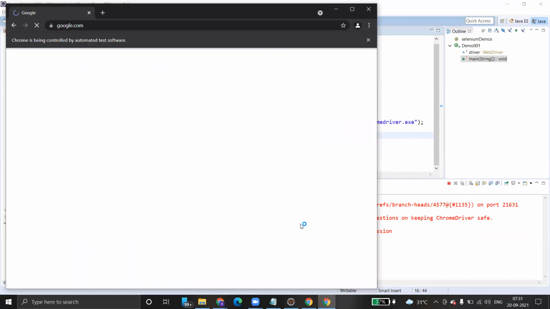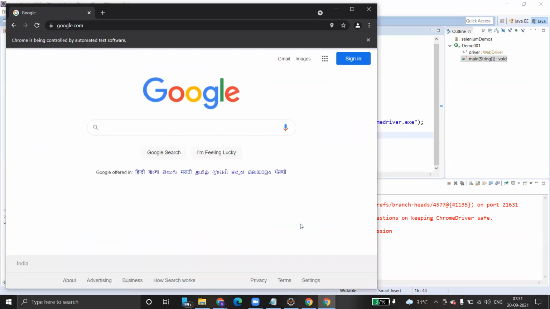It's supposed to open Google. Yes, done. So this is how we actually launch a browser.